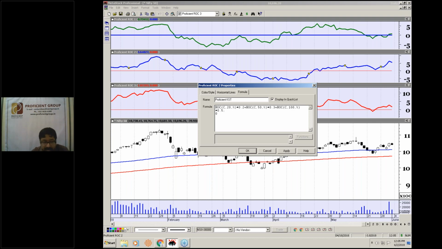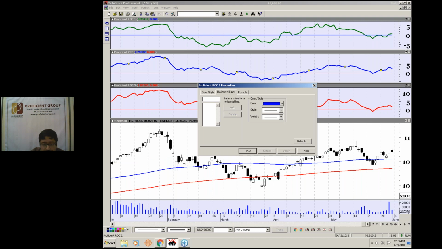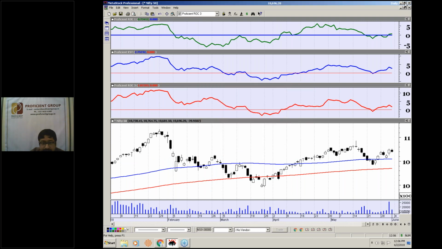When we have created 3 time frames for the ROC for a particular stock, and we are giving varying weightage to different time frames. We are giving the greatest weightage to the longer term time frame, we are giving least weightage to the short term time frame, and we are giving some intermediate weightage to the medium term time frame. And this is the construction of KST. Now we are going to construct the KST, and let's see how it looks. Okay, so this is the KST,